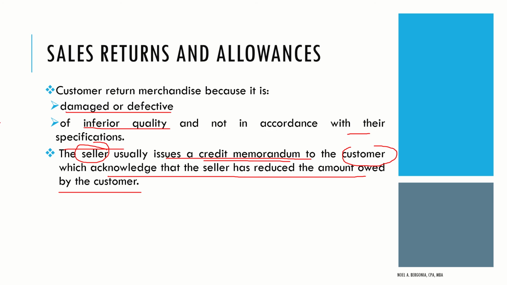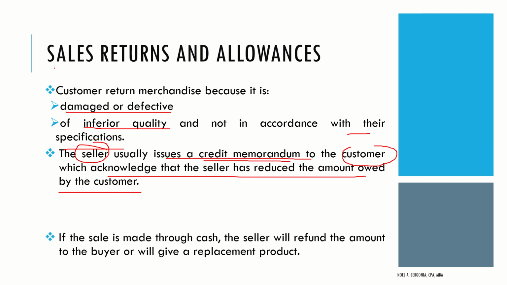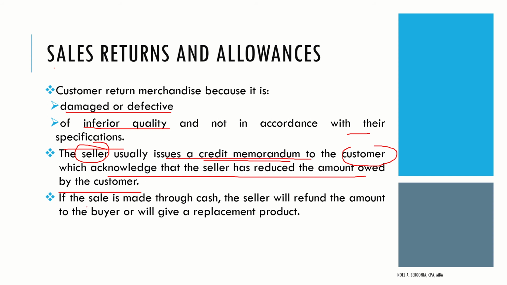Okay? So eventually, the seller will reduce, sabi nga dyan, yung amount natin ng sales, pero hindi po natin pwedeng ibawas diretso sa sales ha. Kaya nga gagamit tayo ng isang contra account which is sales returns and allowances. So, if the sale was made through cash, okay? Kanina kasi I am referring to a receivable, no, or on account, ibabawas sa utang. Pero kapag the sale was made through cash, no, binayaran na po ni customer, so the seller will refund. So si seller pwede niyang i-refund yung amount na binalik ng customer, okay?